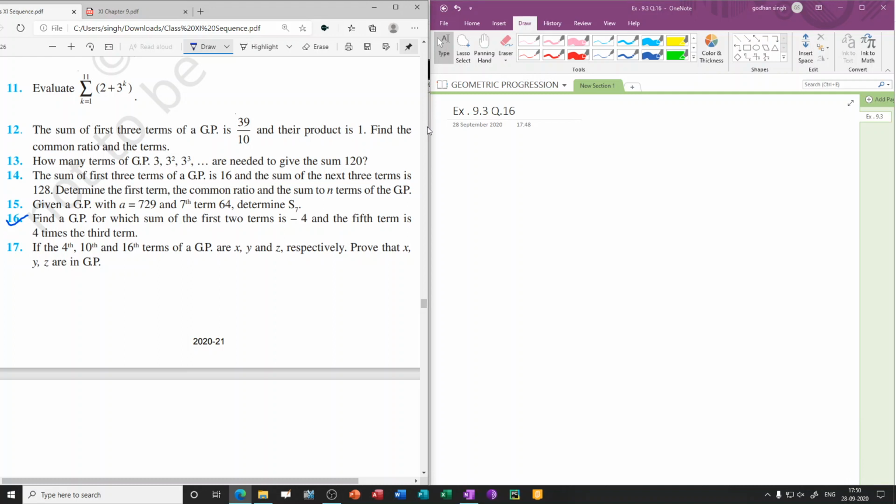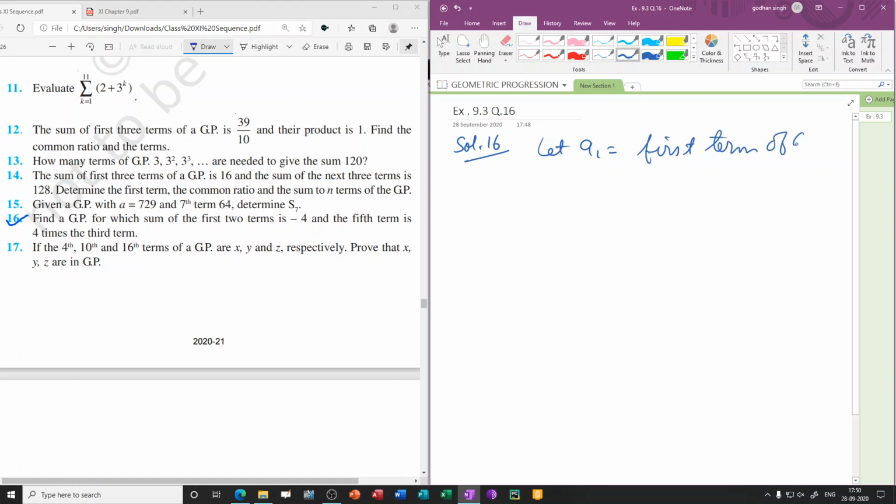Question number 16. Find a GP for which sum of the first two terms is minus 4 and the fifth term is 4 times the third term. So now solving 16th one, solution 16. Find the GP for which sum of the first two terms is minus 4 and fifth term is 4 times the third term. So here first term is not given, neither the common ratio r is given. So let us take a1 as the first term. Let a1 equal to first term of the GP, and r equal to common ratio